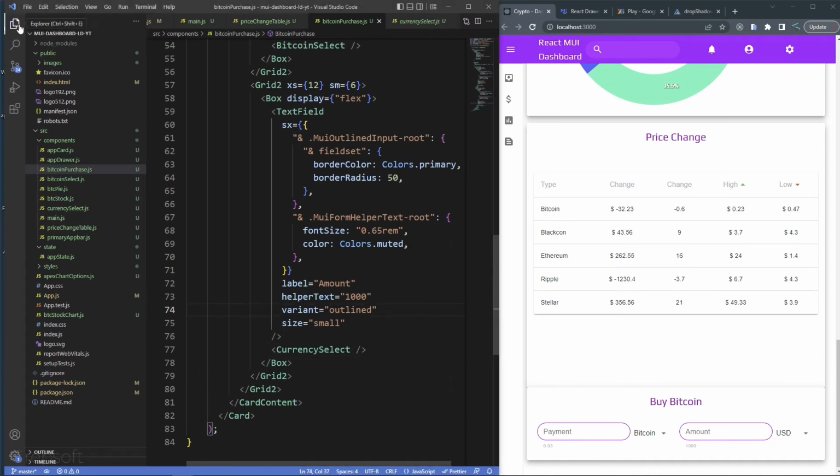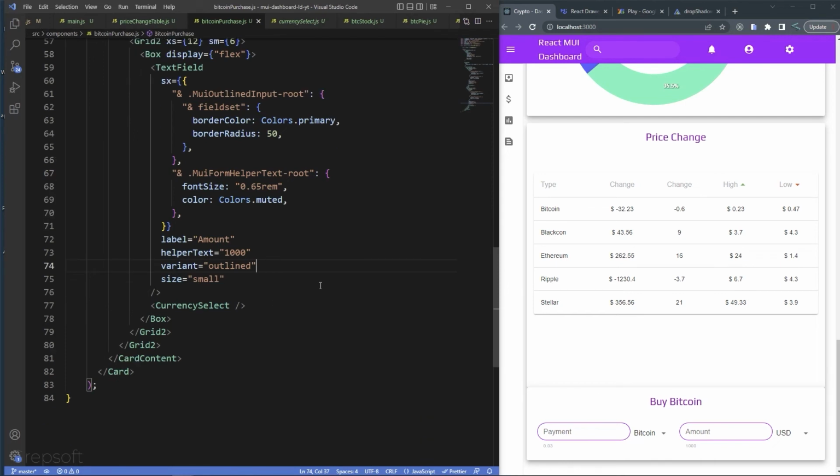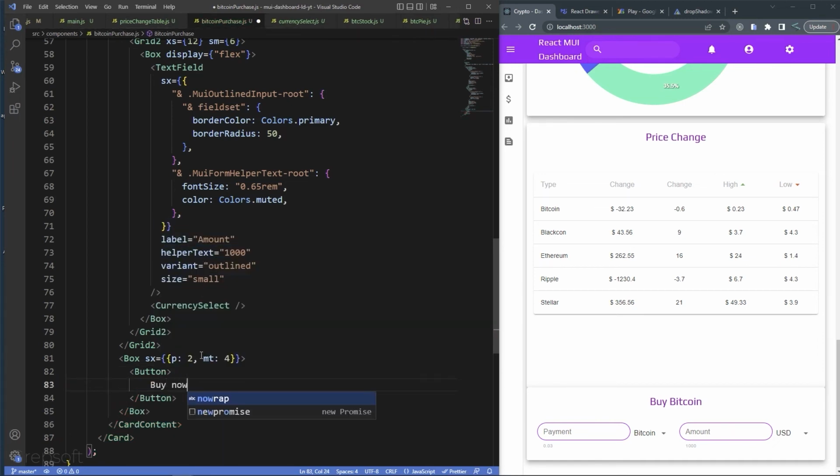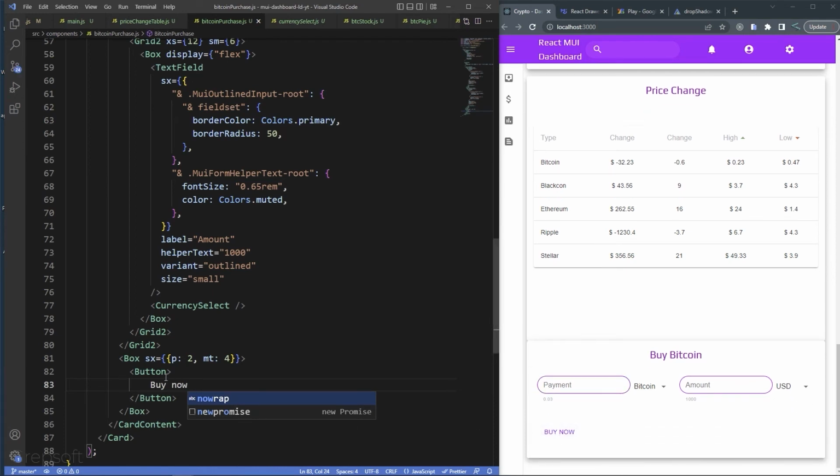Alright, and then finally we need to add a button so that we can buy this thing. So right after this one and right before the cart content, I can say box. Let's add some SX, padding of 2, margin top of 4. Alright, let's add a button. Alright, and we can say buy now. Okay, let's see what happened. Alright, so that's ugly. Let's